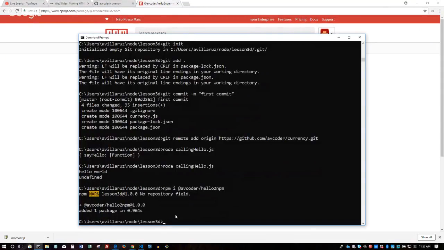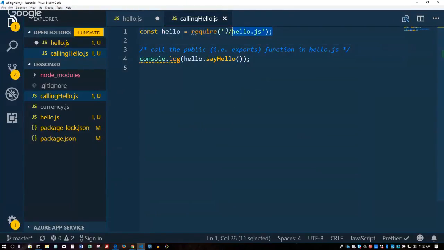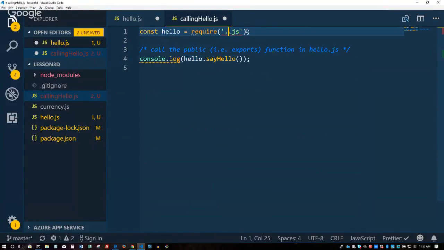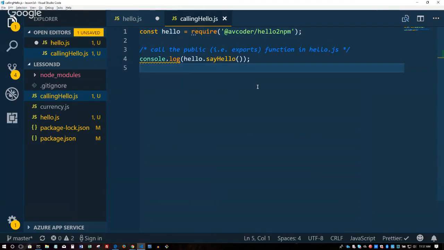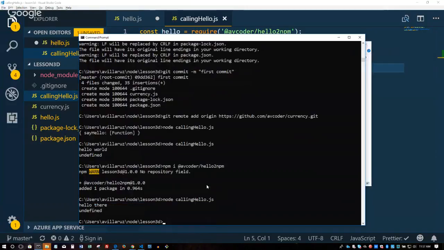Okay, let's use it. How do you use it? Let's go back to our calling-hello. So forget this. Forget the one we just created. What will it now be? It'll be this. So if I run this by saying node calling-hello, will it work? Let's try it out. Calling hello. It worked. Cool. Mind blown. You can create your own node modules, upload it yourself, and anyone in the world can use it.